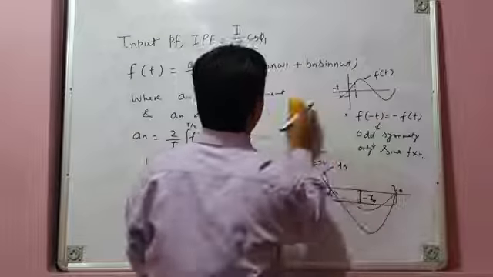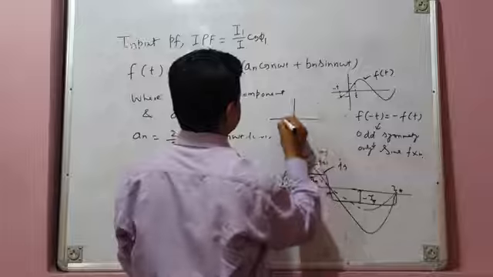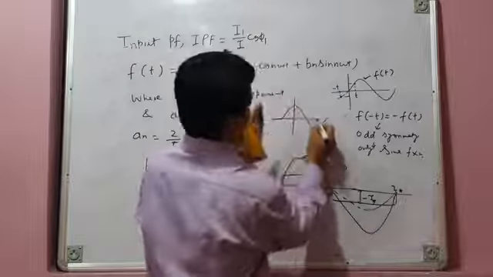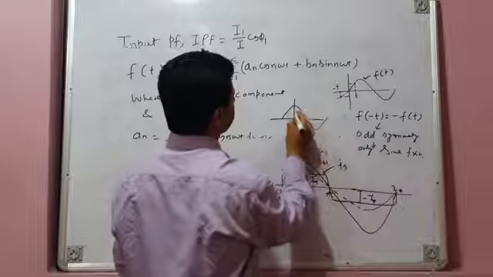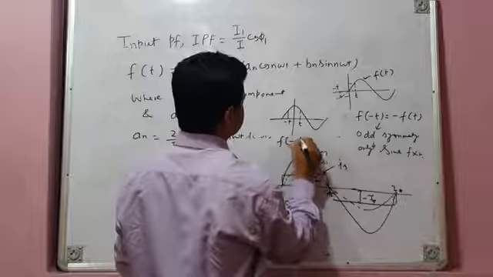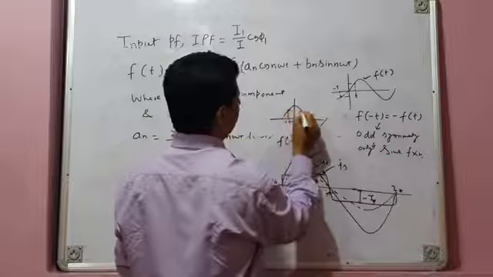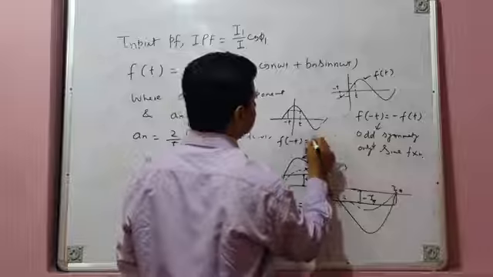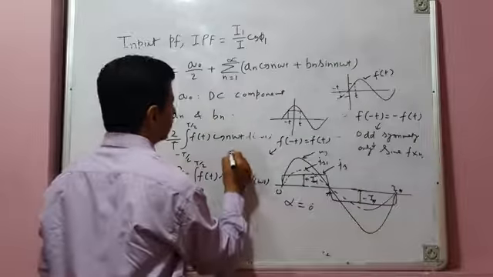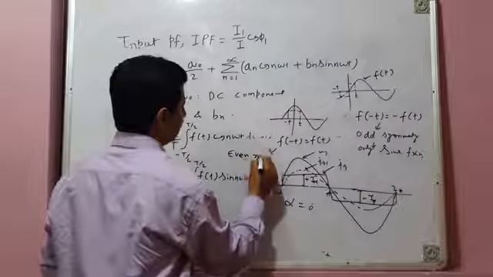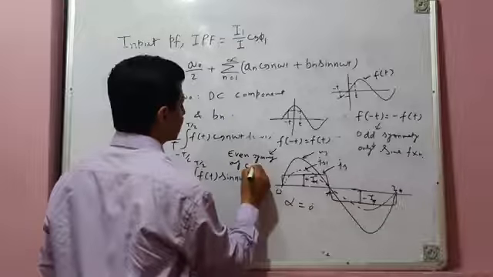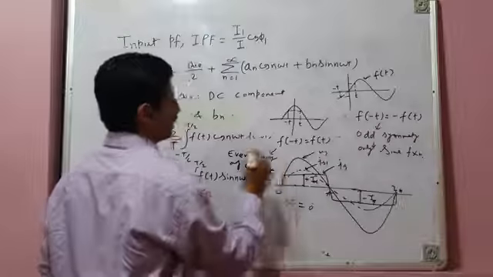Now on the other hand, if you take a cosine wave like this, you can use the same logic here: take f of t and minus t. What is f of minus t? F of minus t is this value, and f of t is also this value. F of minus t is the same as f of t. Such a waveform is said to have even symmetry, and it will have only cosine functions. It will have no sine function.